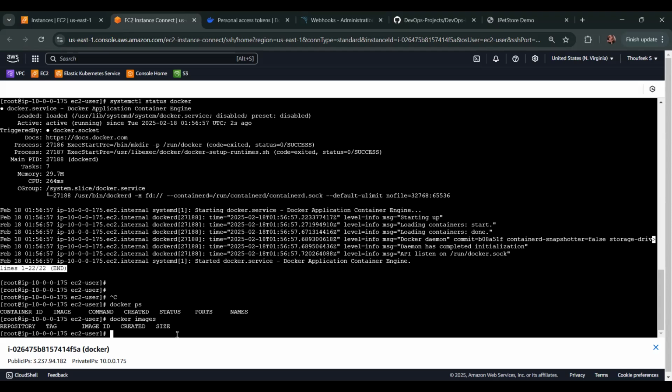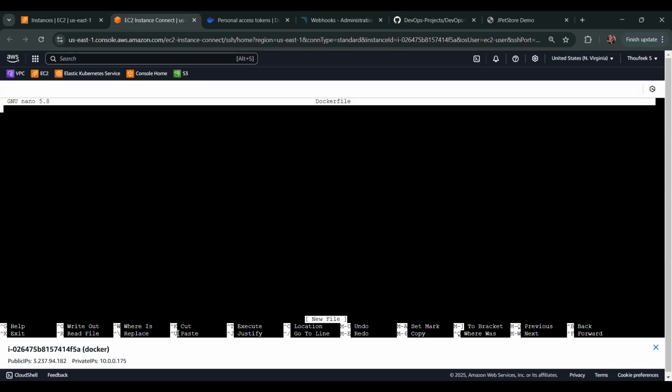So now we are good to create a Dockerfile. I'm using the nano editor to create a Dockerfile, with a capital D. It opened the Dockerfile. Here we need to define what the application needs. I mean the application code we need to define, the application dependencies we need to define, and a lot of things. For example,